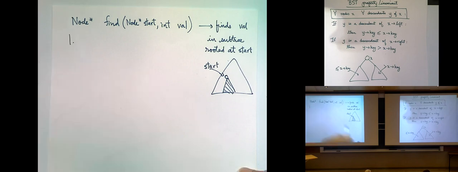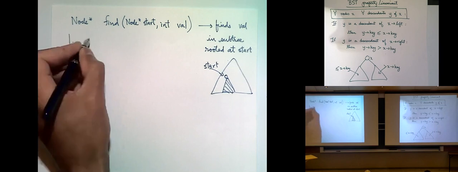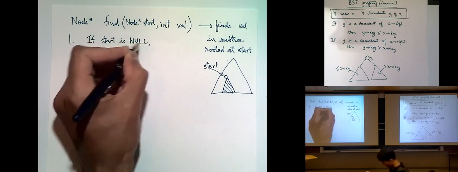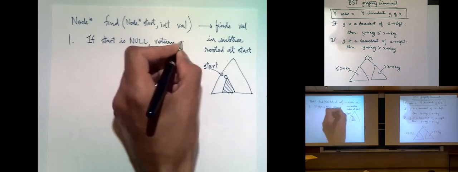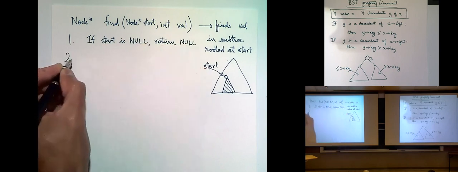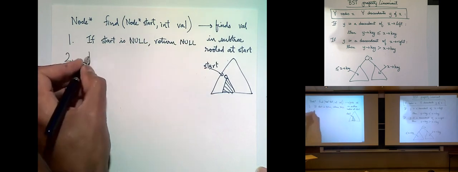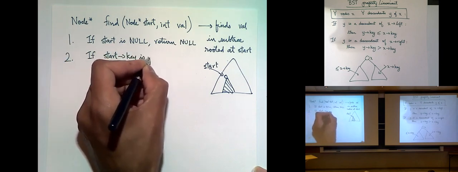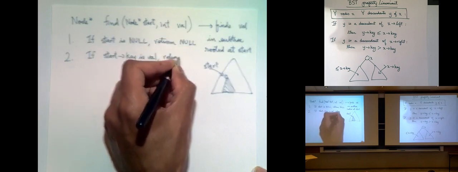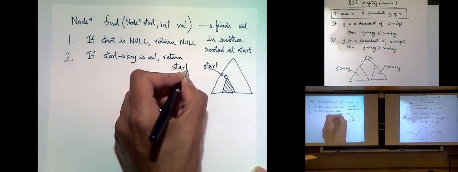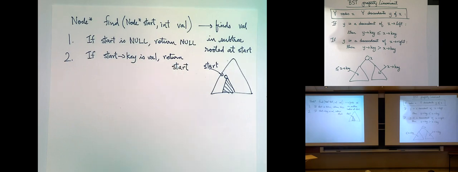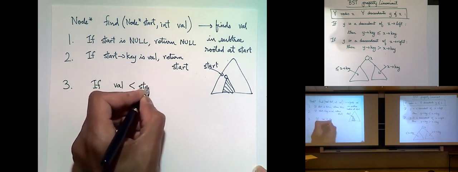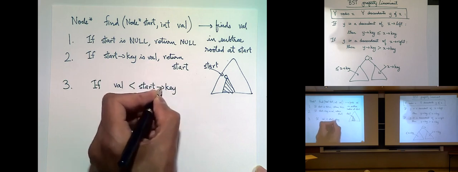Okay, so I'll write this out in more English-style pseudocode. If start is null, that's the base case, return null. Or you could also say return start, but it's the same. If start arrow key is val, then you return start. Right? Okay. Now, if val is less than start arrow key,